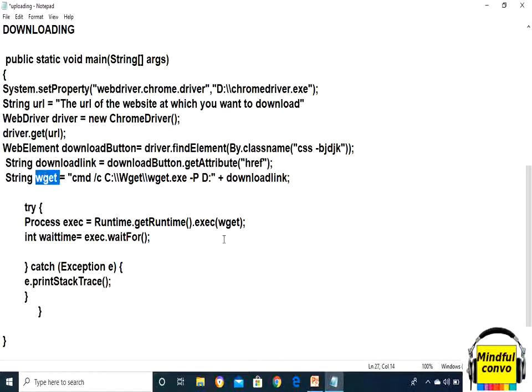What it will basically do is take the wget command and execute the downloading process. Then we will use the waitFor function with an int wait time, so that it will wait for the downloading to be done.